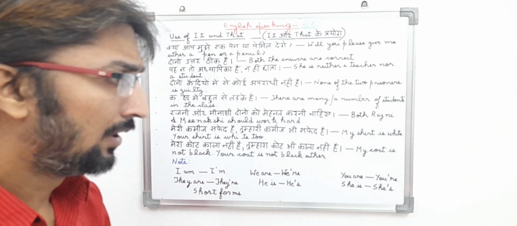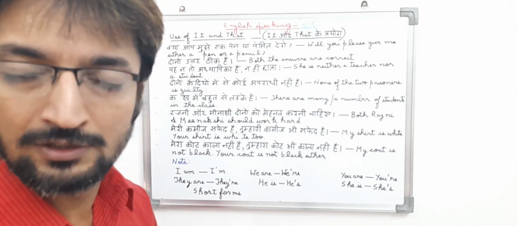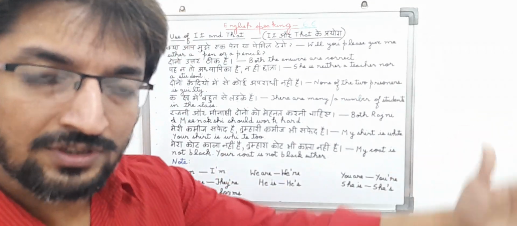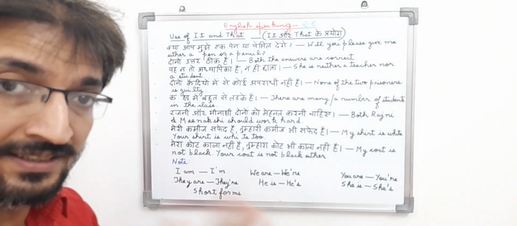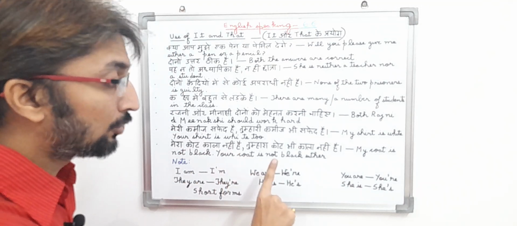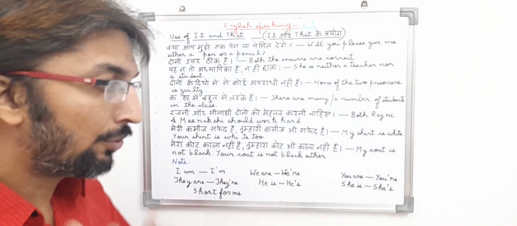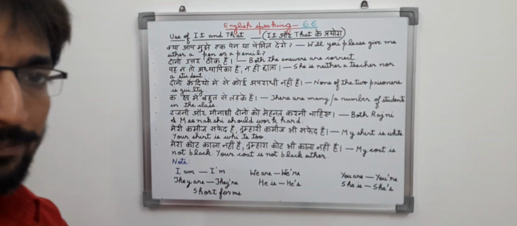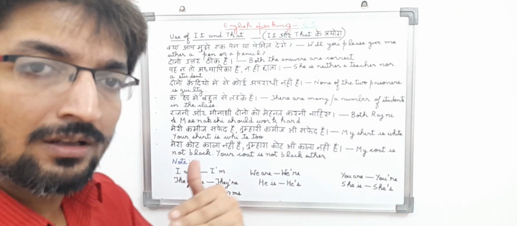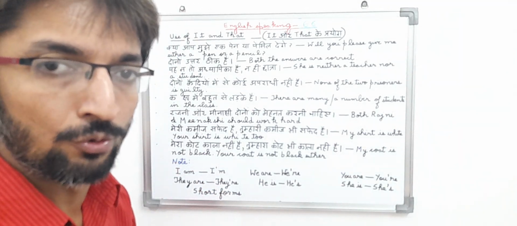So the sentence basically means my coat is not black and the coat which you are wearing is also not black. So the color of the two coats are different and basically it is a present type sentence and it is a miscellaneous type sentence. मेरा कोट काला नहीं है, तुम्हारा कोट भी काला नहीं है. So basically it is saying my coat is not black and your coat is not black either. So friends, it is a present type sentence and it is a miscellaneous sentence and it is comparing the color of the coats because colors are different of both the coats.